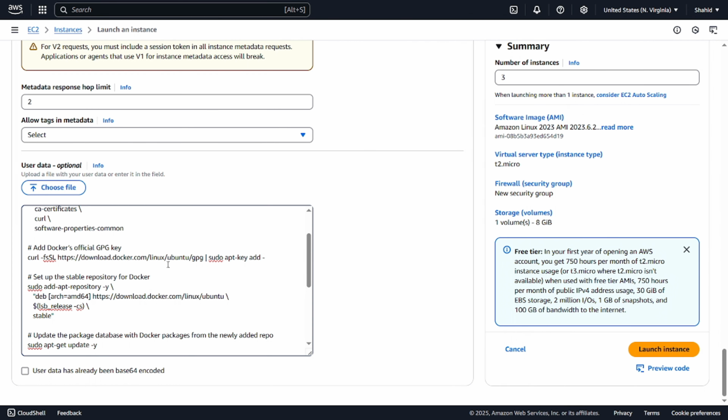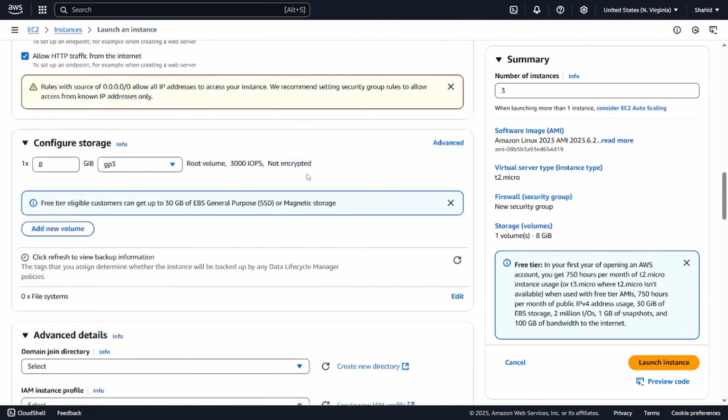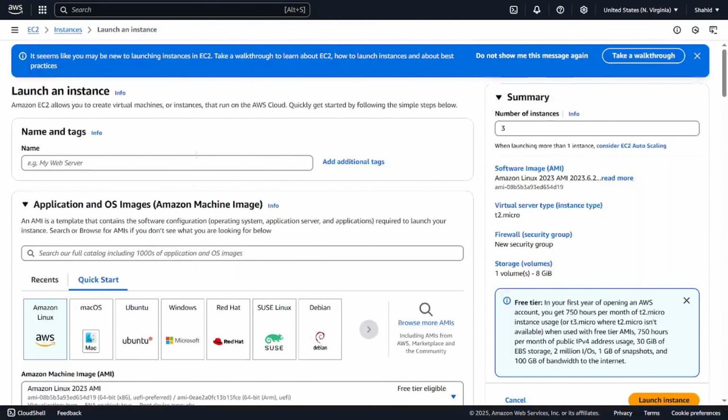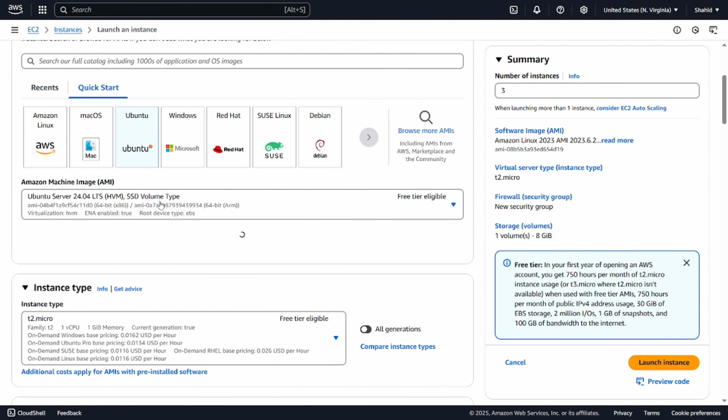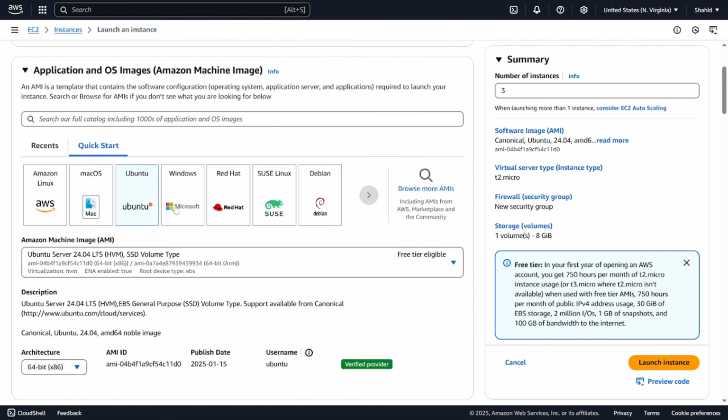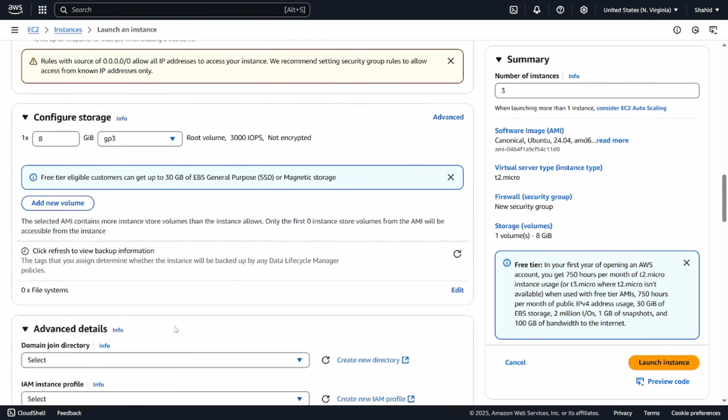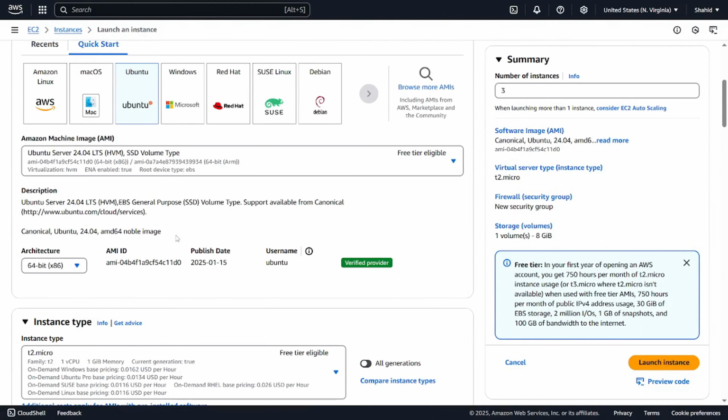Okay, this is regarding Ubuntu, and then I have to select the instance type, Linux. Okay, so I have changed my operating system to Linux because it is also available for me in free tier,